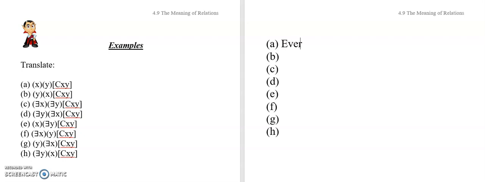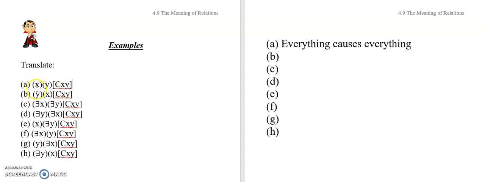Okay, so this means everything causes everything. Now it's interesting to ask yourself whether you think these sentences are true or false. We can have some fun playing with domains and seeing whether these are true or false, but absolutely take a course in metaphysics if you get a chance, where you can start thinking about, hey, is this true? Could this possibly be true? Even if it's not true, is it something that could be true?